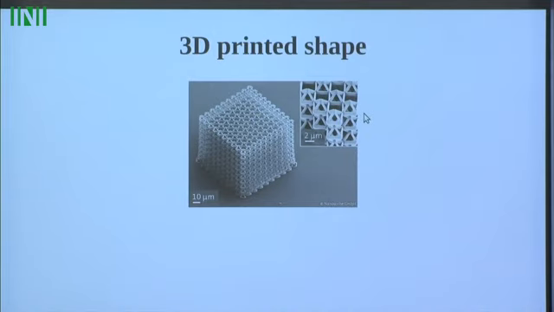this is a classical kind of shape you can obtain using 3D printers. As you can see, there are a lot of microstructures, and even if you want to solve the direct problem on this structure, from the numerical point of view it's almost out of reach. And if you want to optimize a structure in order to obtain something like this at the end, it's also out of reach. So you have to do something else,